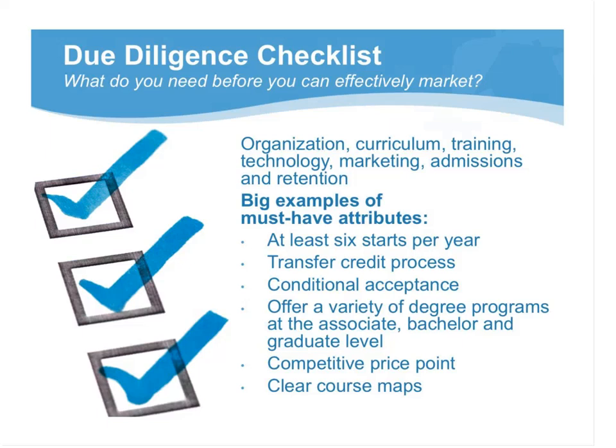Some examples of must-haves to be competitive are what this list is about. For these first three things you see here, we're trying to cut down on the shopping of students. Right now, the typical online student is evaluating at least 3 options, taking 6 months to make their decision. So what we're trying to identify, and what you should be trying to identify, is where these gaps are. Do you have enough start dates? If you don't, consumers get antsy. They're going to want to go somewhere else.